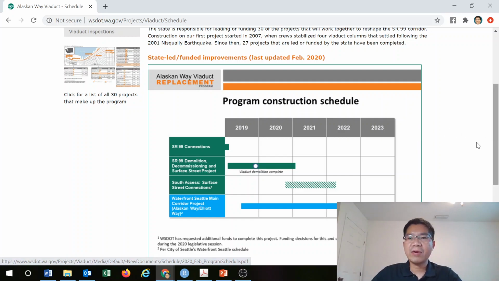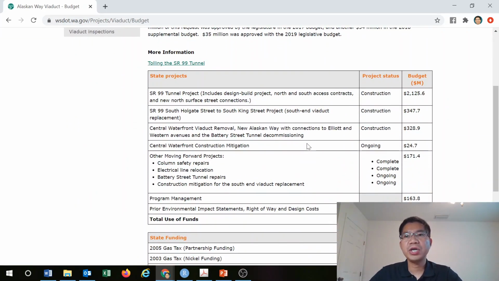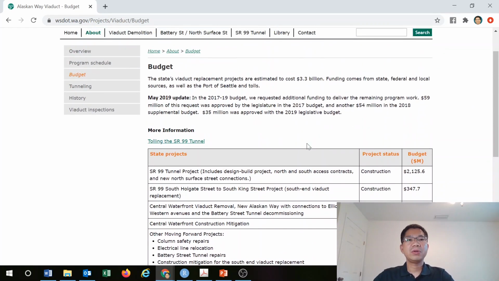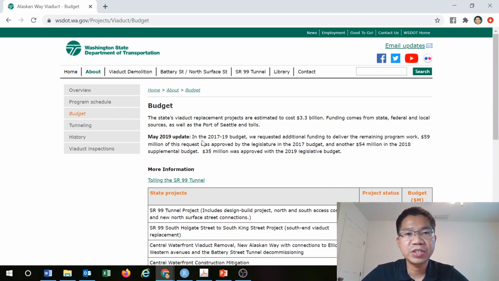So 2016, and now as you can see, it has been extended until 2023, so it means another 7 years there. In terms of the budget, it's a significant project: you can see here different components that add up to $3.3 billion. If you're interested, you can go back to the website to see all of that project information.